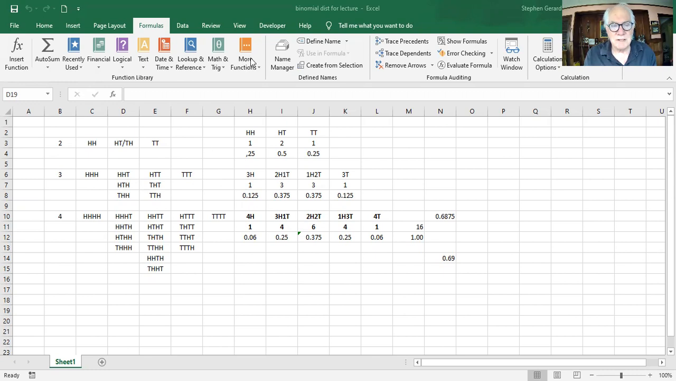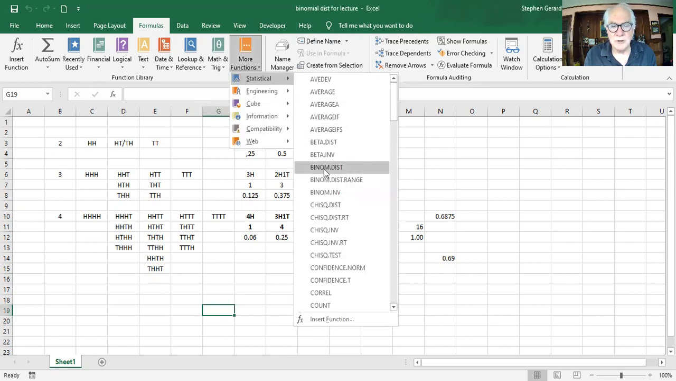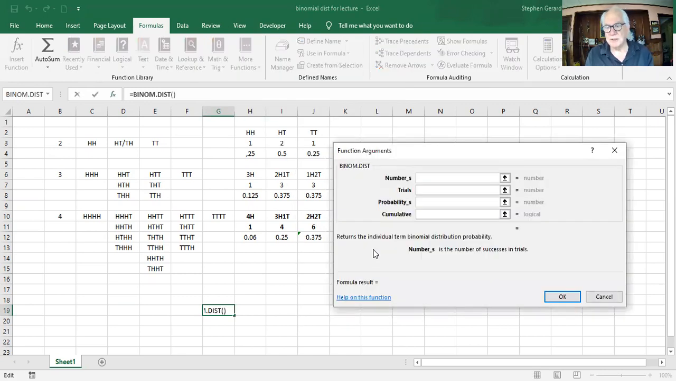There's a function that comes up also, and I just want to, down here, let me insert the function here. Look at the function, the binomial distribution function. You get this dialog box that comes up. Now, it's a little out of order from the way I think about it, but if, for instance, I want to do,